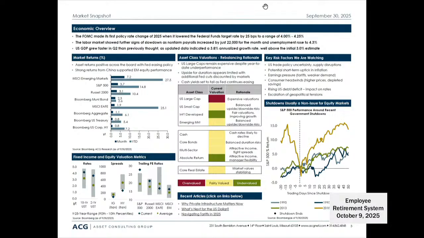Small cap stocks tend to be more economically sensitive. So the smaller cap companies are hurt more by a higher interest rate because they tend to have more debt and more leverage on their books. And so a lower rate environment is definitely beneficial for smaller cap companies. And we saw the small cap index rebound pretty significantly over the past 3 months. If you were to look at the small cap index at the end of June,